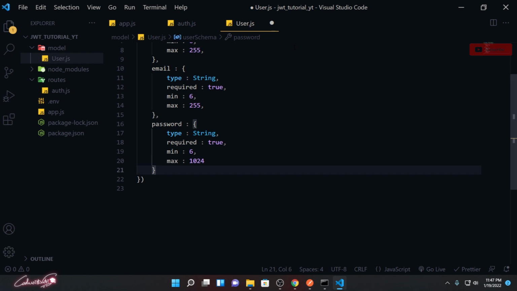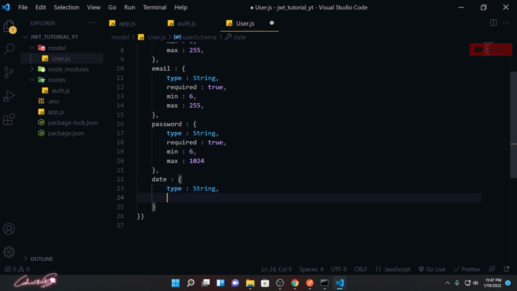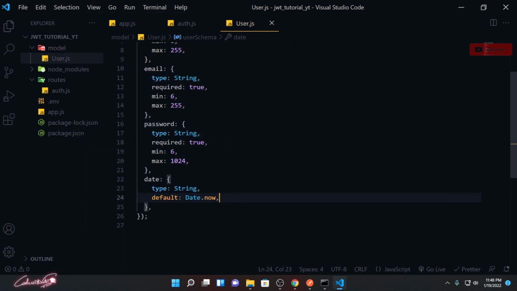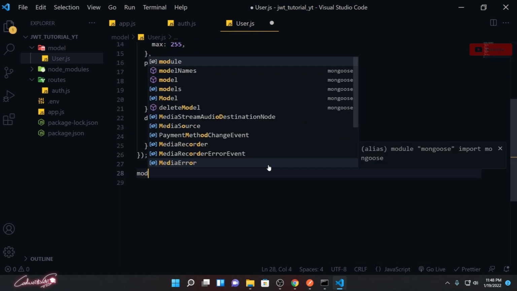Okay, and after this, date, when that particular user is created. So date is going to be the type. You can use a date format directly, but I'm going to keep it as type string, and for the default value, I'm not supposed to pass any value to this date, because the date will be automatically generated by using your system date time. So we are passing the reference to the Date.now function that will get your system date at the time the user registered. Okay, so now our schema is ready and we need to export it.